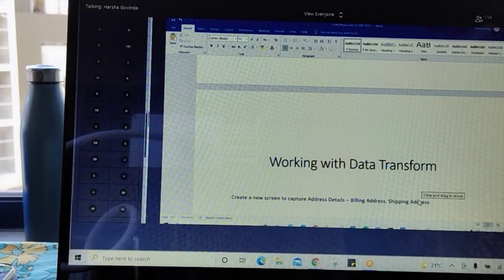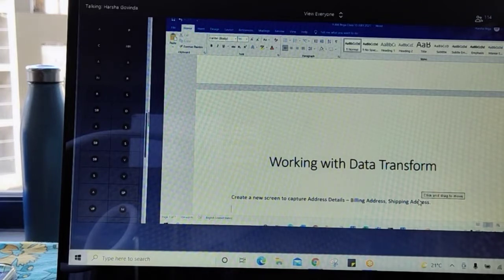Billing address, and the other one is what? Shipping address. Okay. Billing address and shipping address, that is what we are going to create it for.